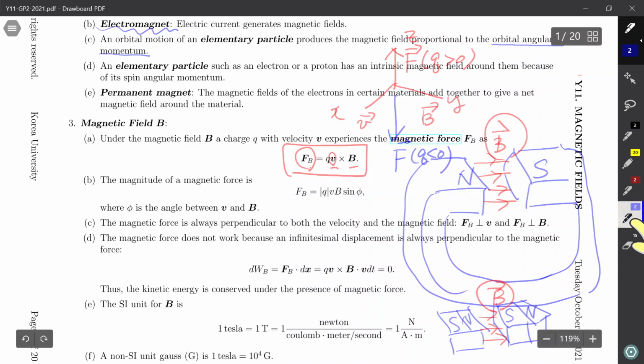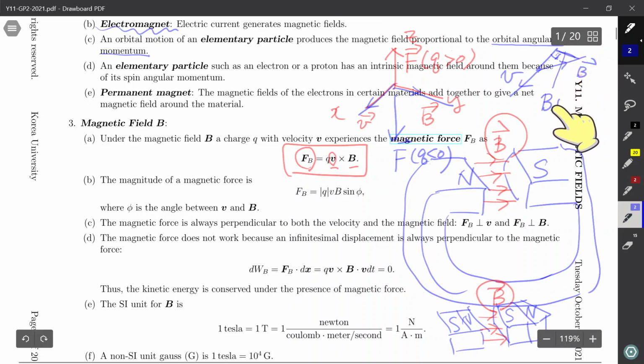This is true even if they are not perpendicular to each other, but at least V and B have a non-vanishing perpendicular component, B perpendicular, something like that. So the magnitude of the magnetic force is proportional to the charge, and V, B,